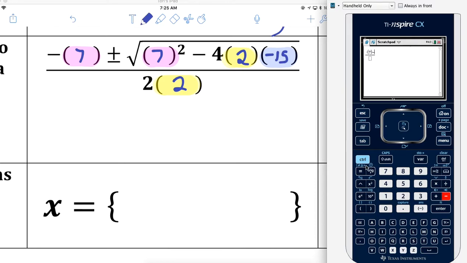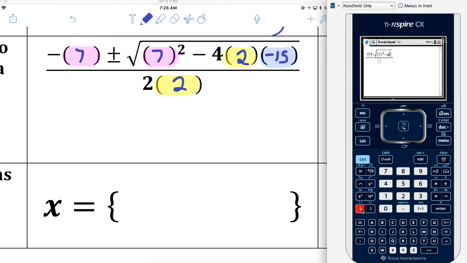Okay, so minus. I'm going to do control x squared. That's how I build my square root. And then I'm going in the parentheses. Parenthesis, 7, parenthesis, x squared. And it'll just square it. It doesn't put an x. I'm going to go minus 4,